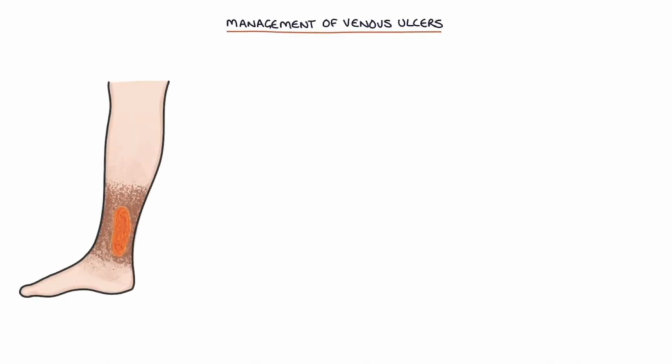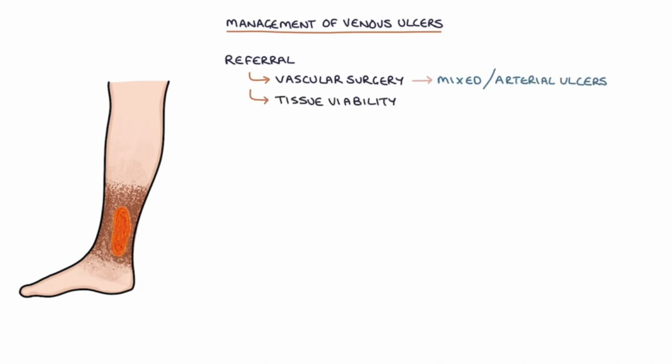Let's talk about the management of venous ulcers. The management here is based on the NICE clinical knowledge summaries last updated in January 2021. Patients with venous ulcers may require referral to vascular surgery where mixed or arterial ulcers are suspected, tissue viability or specialist leg ulcer clinics in complex or non-healing ulcers,